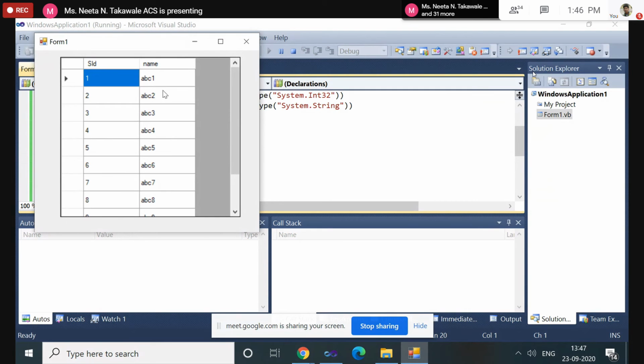So in this case this for loop is not very good. For that, we have to use the rows dot add method to add each and every value with a single statement. Means if you want to add 10 different records, you have to use the row dot add method 10 times.